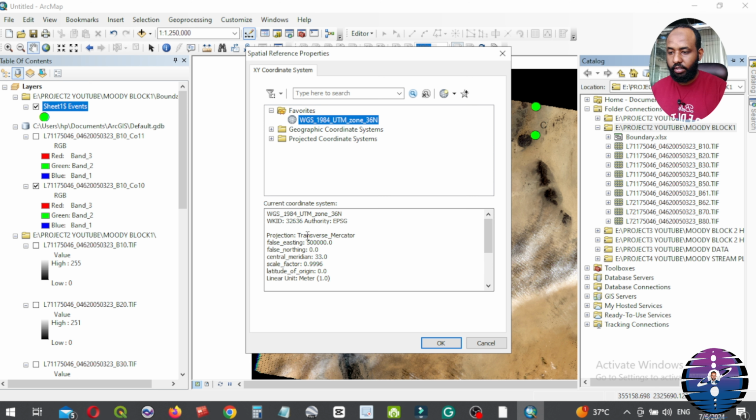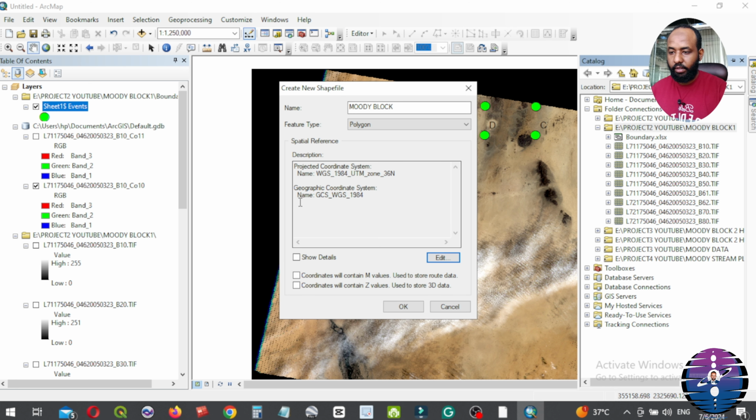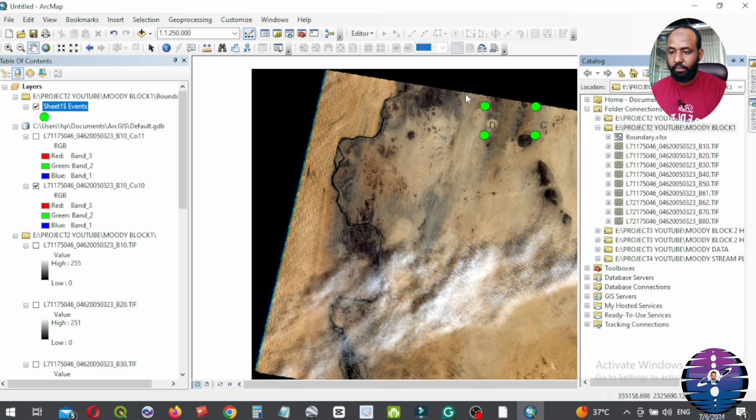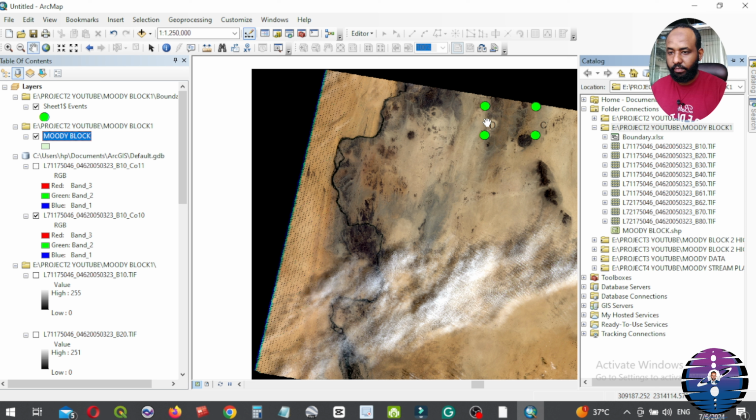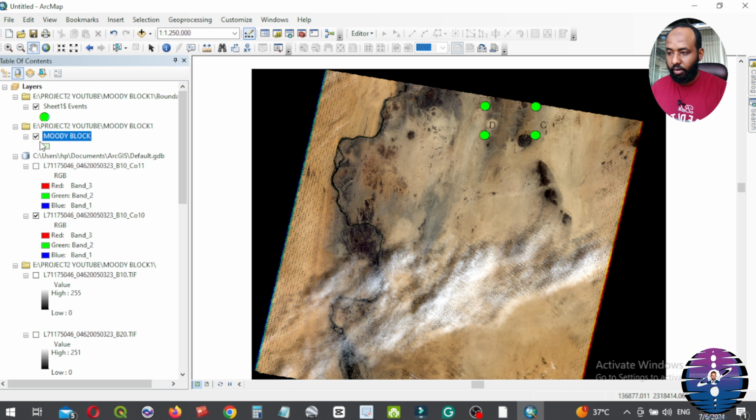Current coordinate system is defined now. OK, name GCS WGS 1984. OK, you see Moody block, table of contents, Moody block.